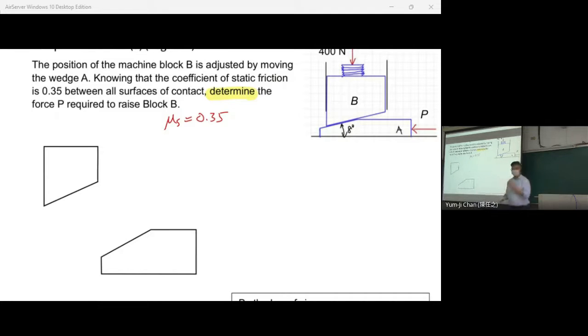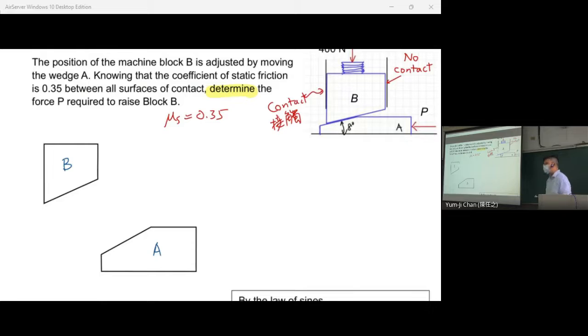So we have two free body diagrams, A and B. By the way, there is contact on the left and no contact on the right, if it is unclear. Contact 是接触哈。